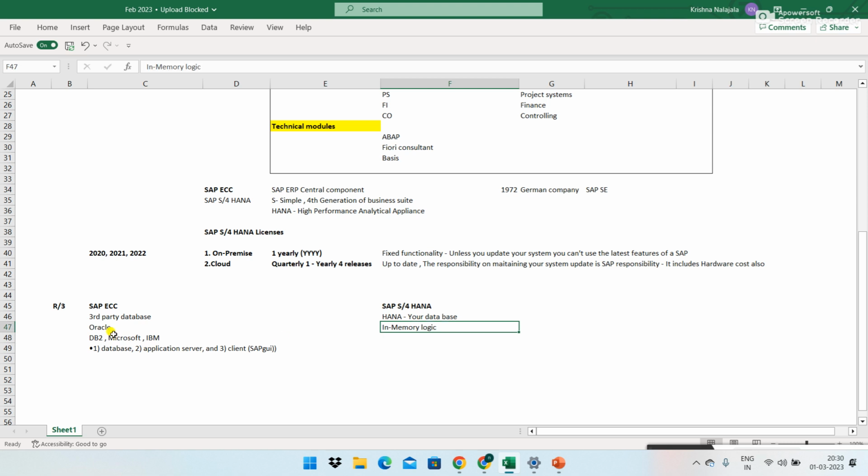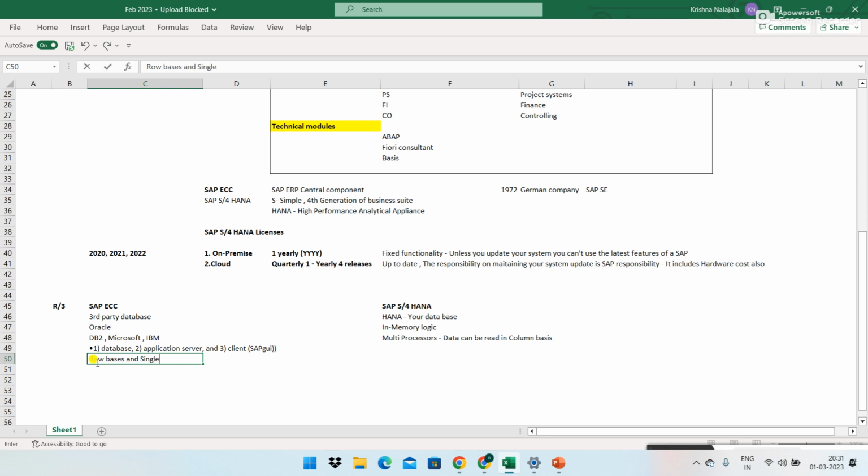One thing is in-memory logic. This is not there in SAP ECC. It is there in SAP S4HANA. And you have multi-processing. Here in ECC you have only a single processor, and data was read on a row basis.